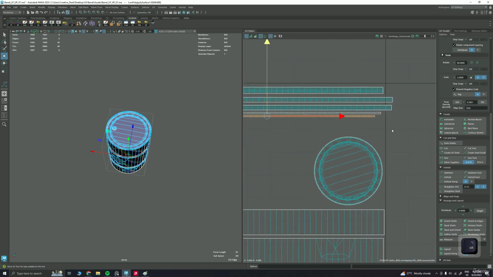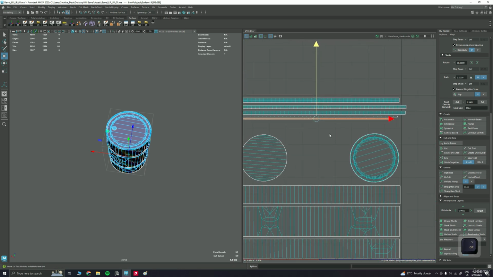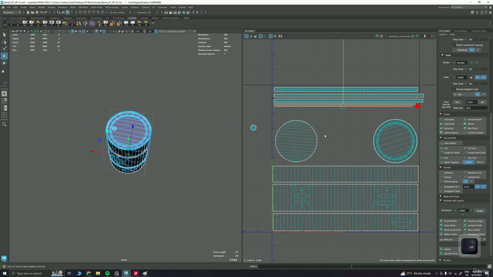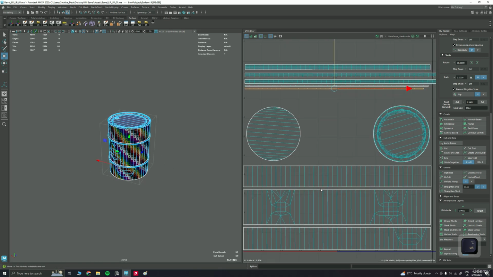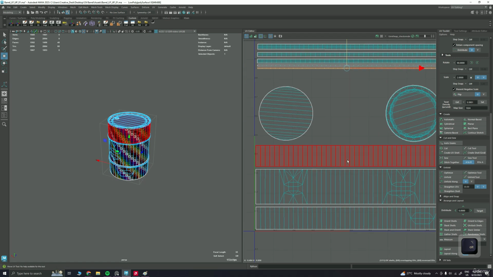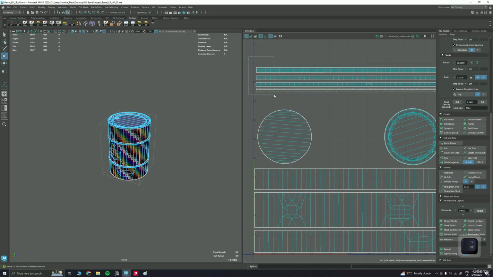Let's bring this down. So no matter what you do, you cannot utilize the 0 to 1 UV space, because there are very few UV shells over here. Or else if you want to utilize it, you can break the UV shells into half to utilize as much as possible. So we don't have to do that right now. Now that you are in the practice phase,